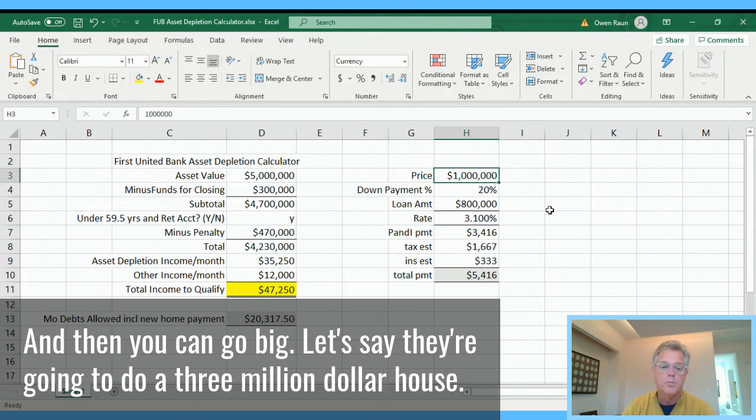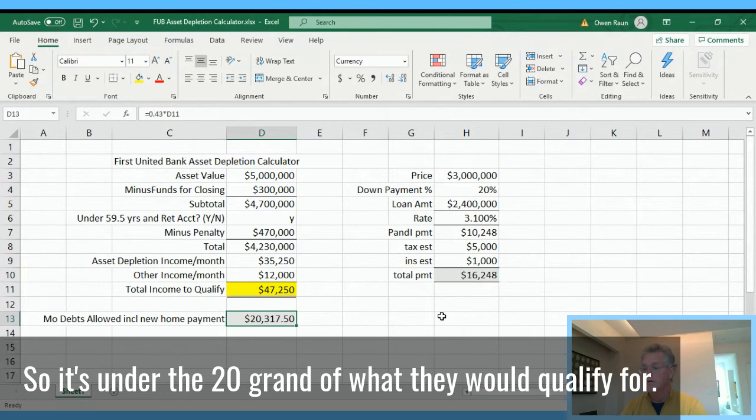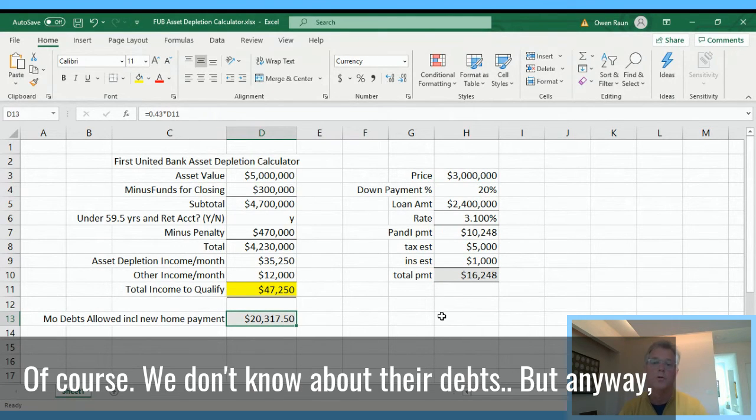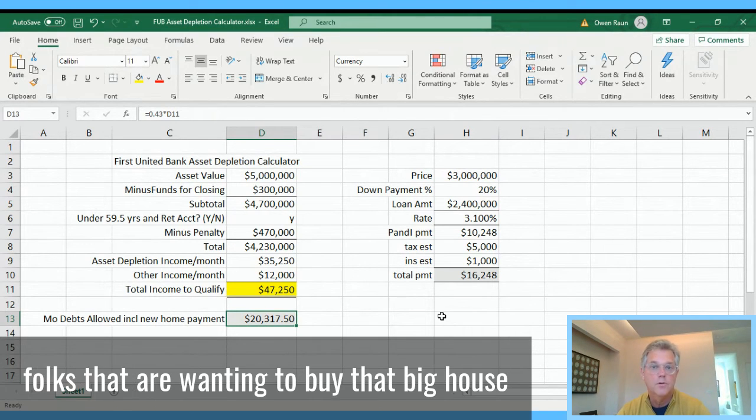And then you can go big. Let's say they're going to do a $3 million house, 20% down again, and there's 16 grand. So it's under the 20 grand of what they would qualify for. Of course, we don't know about their debts, but anyway, this is a game changer for retired folks that are wanting to buy that big house